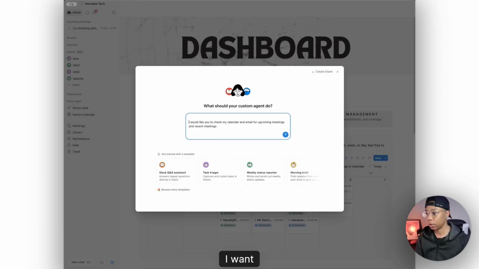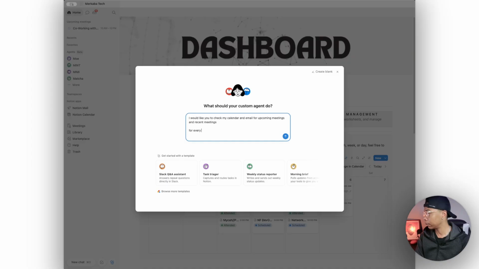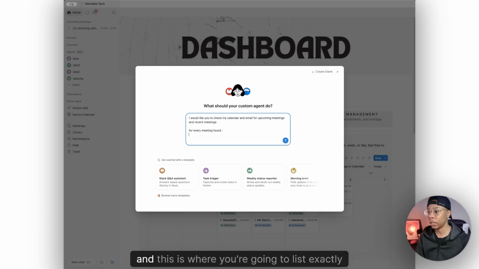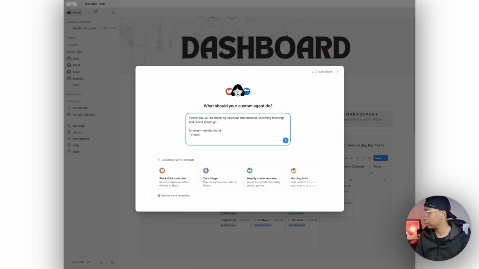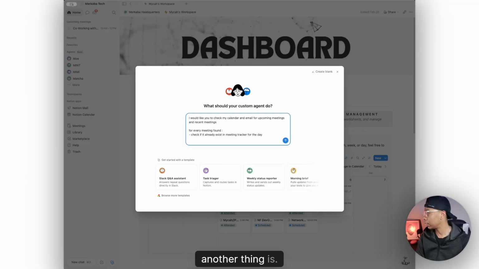And then I want, for every meeting found, and this is where you're going to list exactly what you want, check if it already exists in the meetings meeting tracker for the day. And then another thing is